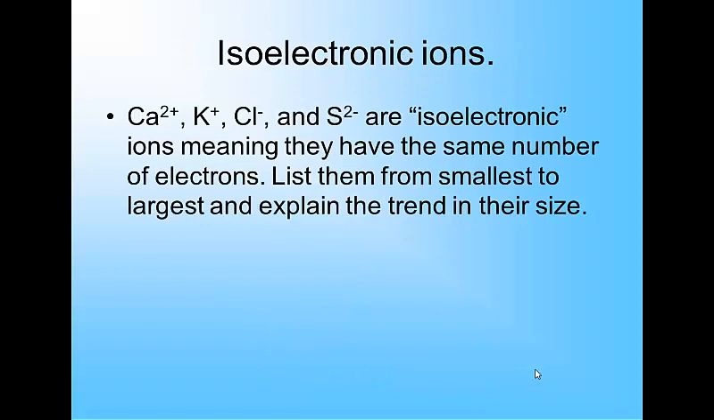So this is compared to neutral self. These are isoelectronic ions. Every one of these ions has 18 electrons. And in order of smallest to largest,